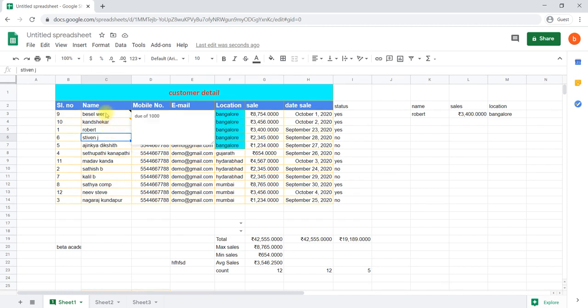Here, a note has been written by the one who created it. A comment can be written by anyone who is referring to this particular data. His name will appear there, along with what comment he has inserted. To manage the data, it is very helpful for future reference. Commenting and inserting a note will be helpful.